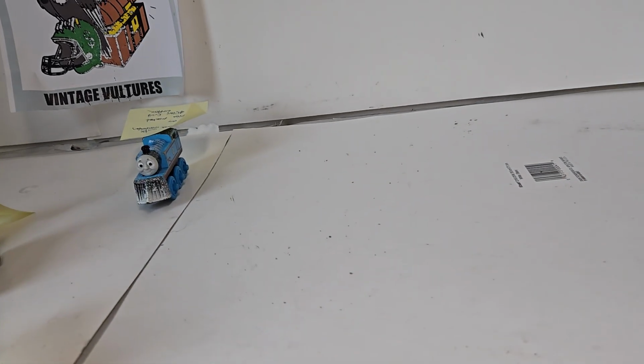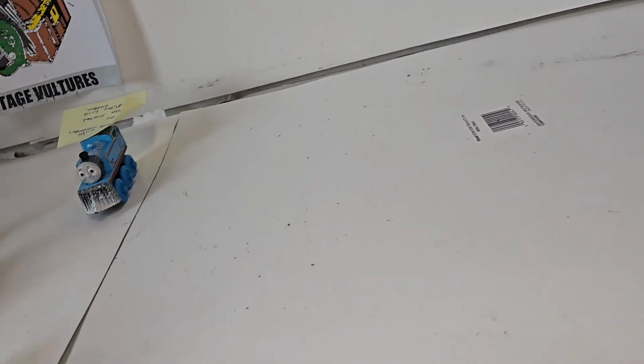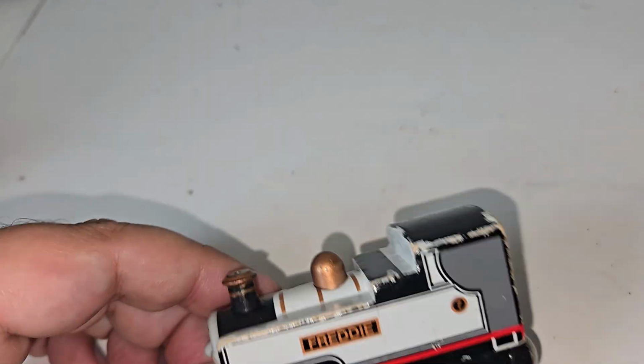And a few more, we're almost done. I didn't expect this to be quite 20 minutes, but I got to rambling a little, I guess. But we have Fearless Freddy. He's in awful shape. It's all banged up. Normally goes for 12. Not going to sell it on eBay. Somebody could paint him up, but I'm not going to keep him for the collection